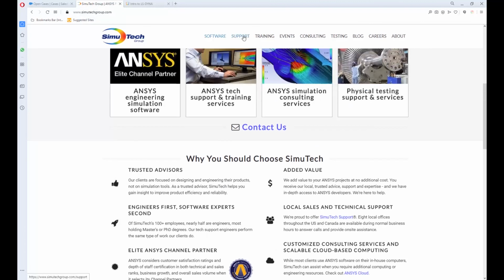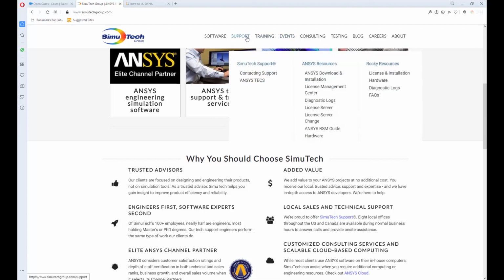Second is that we offer tech training. Training can be either in person or online training. Usually the courses are 3 to 4 days, and it will cover each module such as explicit dynamics, LS-DYNA, and everything. Another option is mentoring, where we'll do one-on-one mentoring with the user and go over each specific kind of problem that the user has, specific to their project, such as this, which is the blast door.